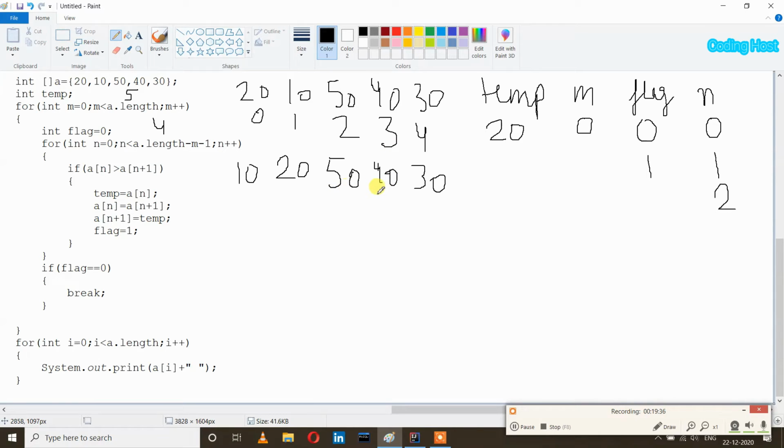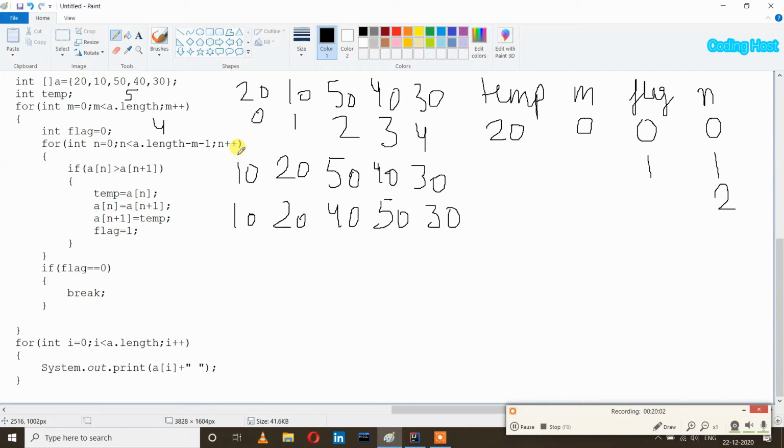So 50 is larger than 40, yes, true. And it will execute these statements. So these 40 and 50 elements will get swapped. So after swapping it will become like this: 10, 20, 40, 50 and 30, and flag will remain 1 as it is.